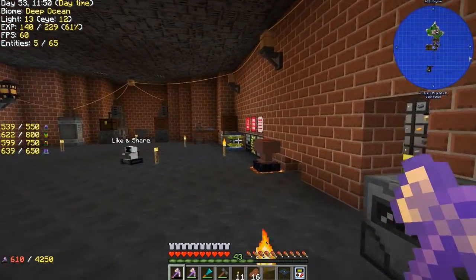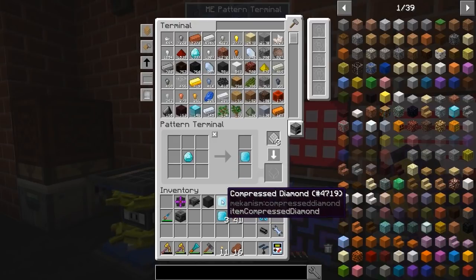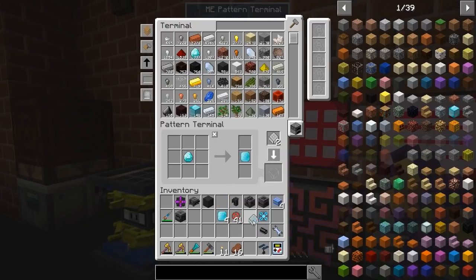Shouldn't be that hard. So we'll need a pattern. We got that one added. Okay, yeah, we're good there. Let's see. So 1 diamond, and we can just put those back in the system now. It's going to make us 1 compressed diamond. Boom. And what else? I'm guessing we're going to do 8. So 1 of those and 8 of those is going to make us...